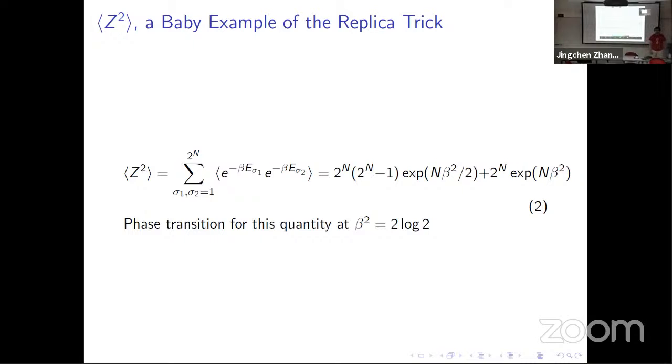There is no phase transition if we look at the expected value of z, but there is a phase transition if we look at the expected value of z squared. Wait a second. So how do we define a phase transition here? I would say a discontinuity of what? A phase transition is where the log of the partition function divided by n isn't analytic. Okay, yeah, that makes sense.